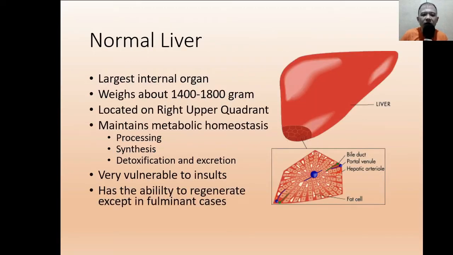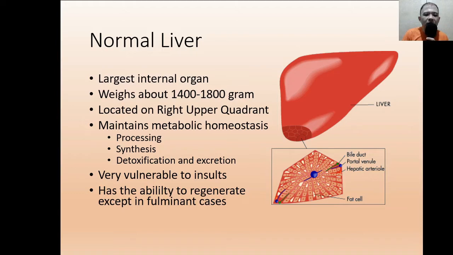So the normal liver is the largest internal organ, and it weighs more or less 2 kilos, and is located in the right upper quadrant. The functions of the liver are varied. First of all, it produces bile for digestion. It is also a site of different metabolic processes, and the next slide will further mention the different functions of the liver. It is very vulnerable to insults, and although it can regenerate by hyperplasia,